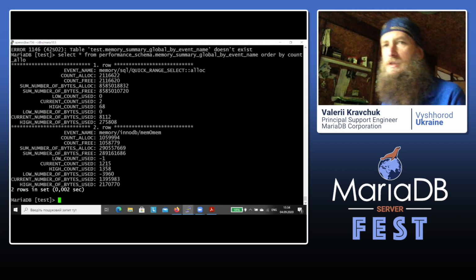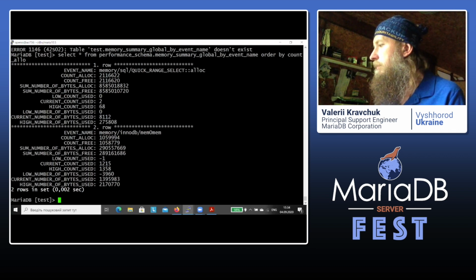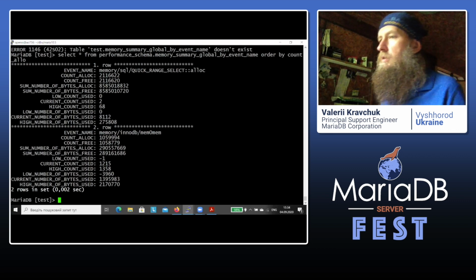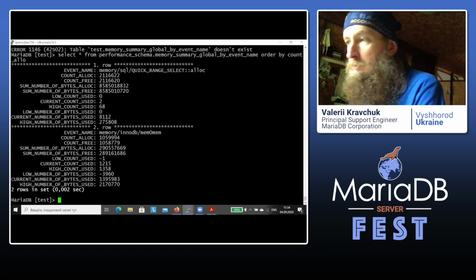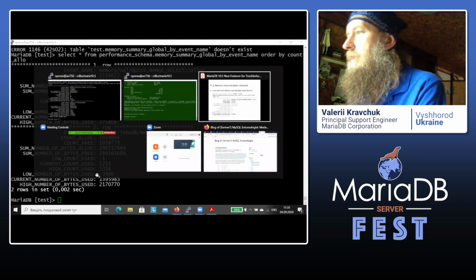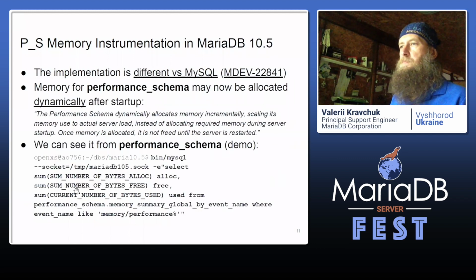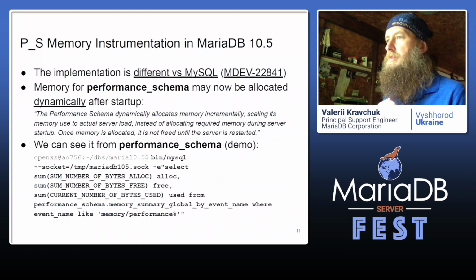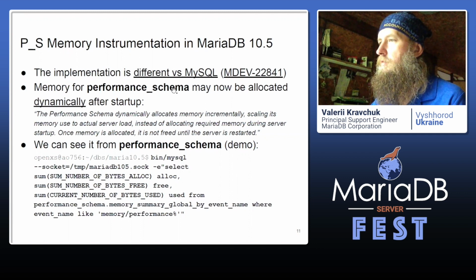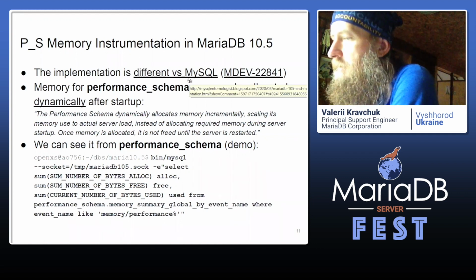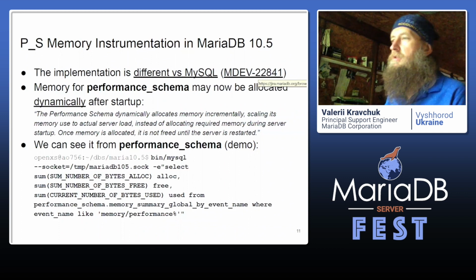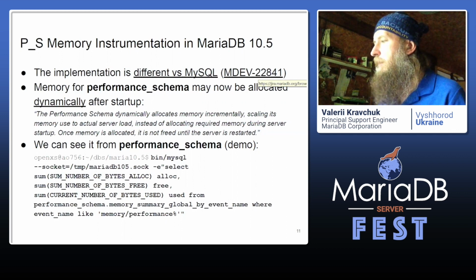You are not supposed to see negative numbers here, but you do. It's a known and open bug in MySQL as well. So along with the feature that we ported, we inherited some bugs. Don't be surprised. If you're interested, in the chat I will show you these bug numbers so you can monitor them for further solutions. To summarize, the internals of the memory instrumentation are different. There is a discussion in my blog with a key developer, Vladislav Weintraub of MariaDB Corporation, who explained the internal difference. Supposedly, our instrumentation of memory is more efficient.